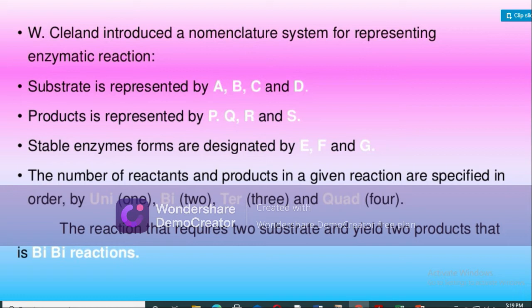So the E is your initial enzyme, while F is the intermediate enzyme, and G also represents an intermediate enzyme, because generally speaking, in this multi-step reaction, most especially in the ping-pong reaction mechanism, when E reacts with A, part of the A will still go with the enzyme. So that is why it can no longer be considered as the free enzyme, but